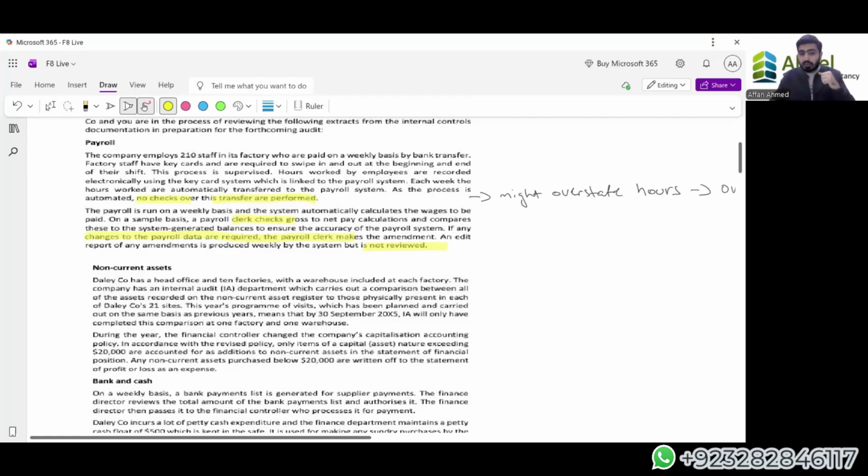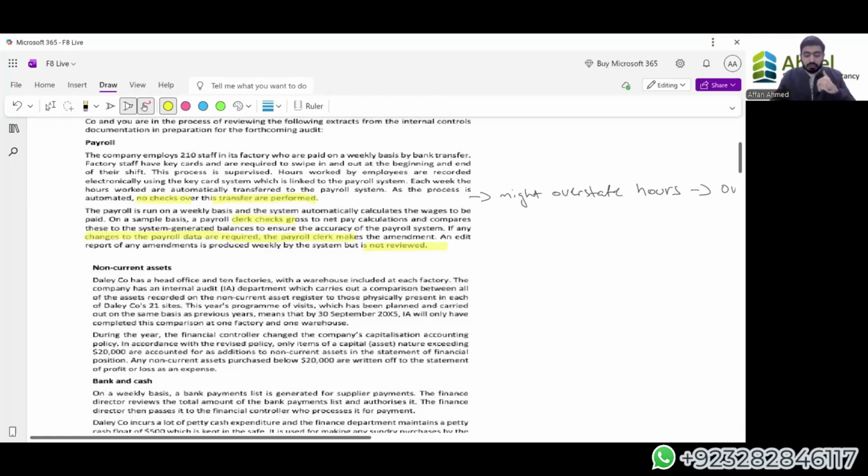Now, what can be the recommendation here? For the recommendation, the risk is that the team might overpay or underpay a person depending on their needs. First of all, an unauthorized, inexperienced person is checking the gross to net payments. So the recommendation should be that a person who has the qualification to check this transaction should check it. A senior official should be checking the transactions from gross to net payment so that there are no mistakes in the documents.